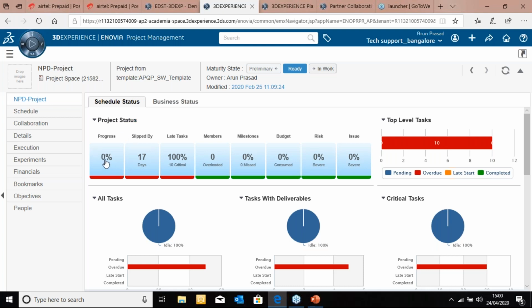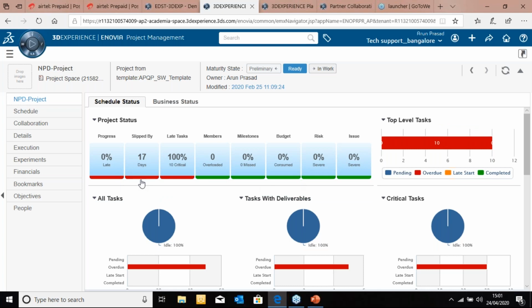It gives me the KPIs or the metrics. What is the percentage of the project progress? By how many days has the project slipped? What is the list of tasks that are completed or not completed? All those necessary information, with the indicators that are measured.